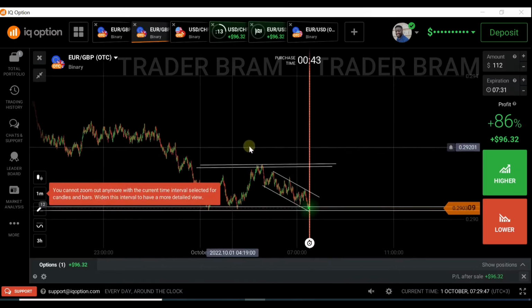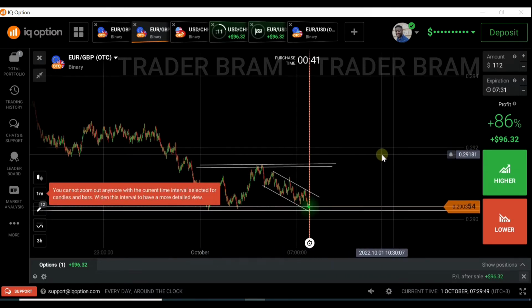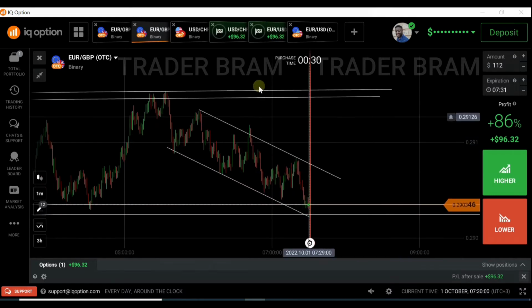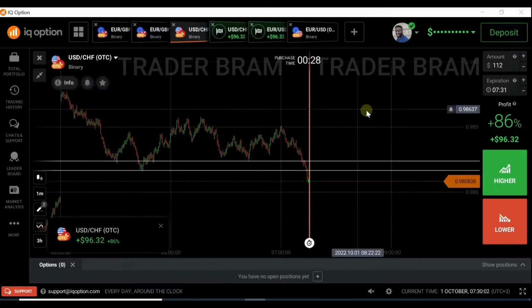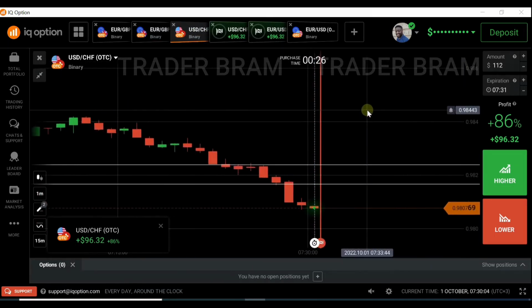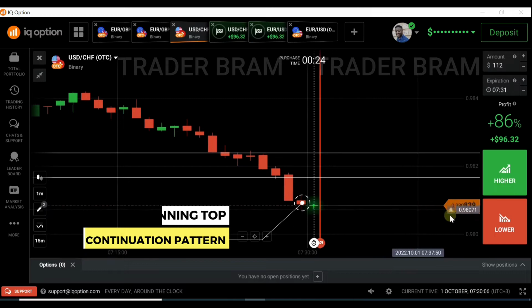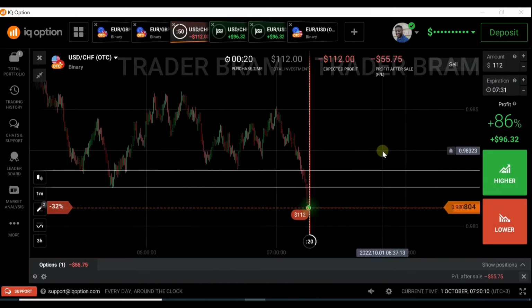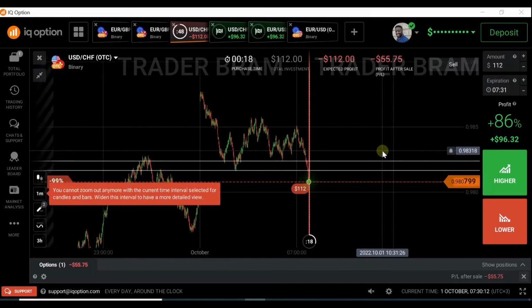So you need to always understand your market structure and your price action when you are trading support and resistance levels, because that's what will guide you. Despite knowing the levels of support and resistance, you need to understand your price action and market structure. So this is a spinning top candle. It indicates mostly a continuation in this scenario. So I'll continue with the downtrend